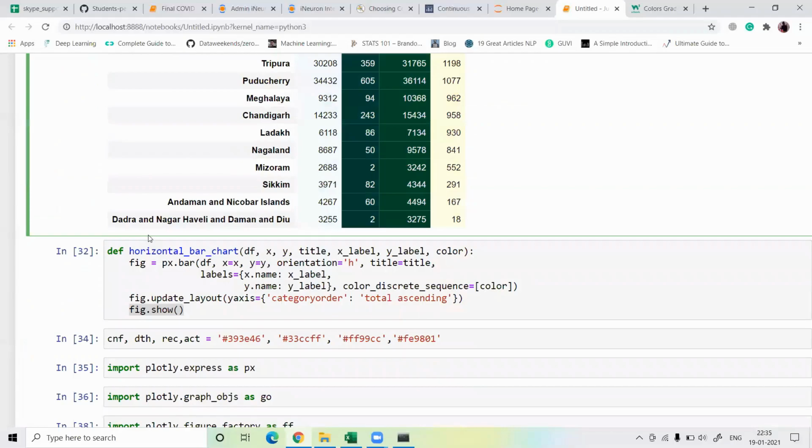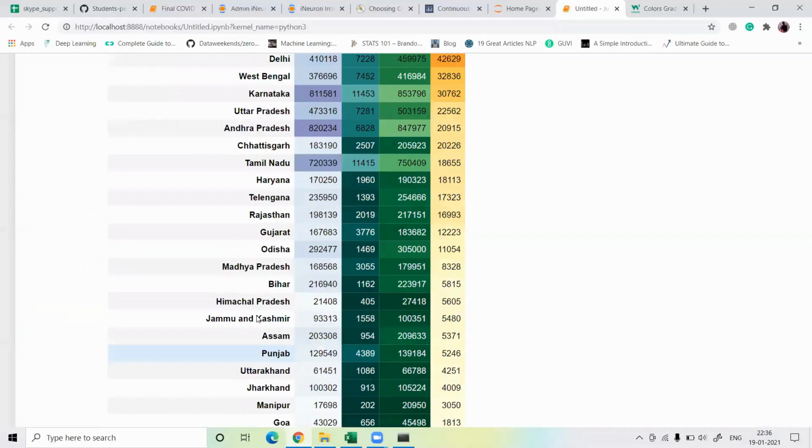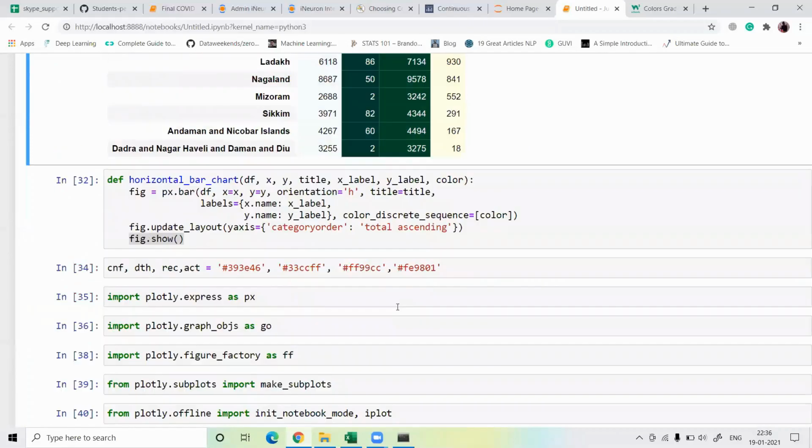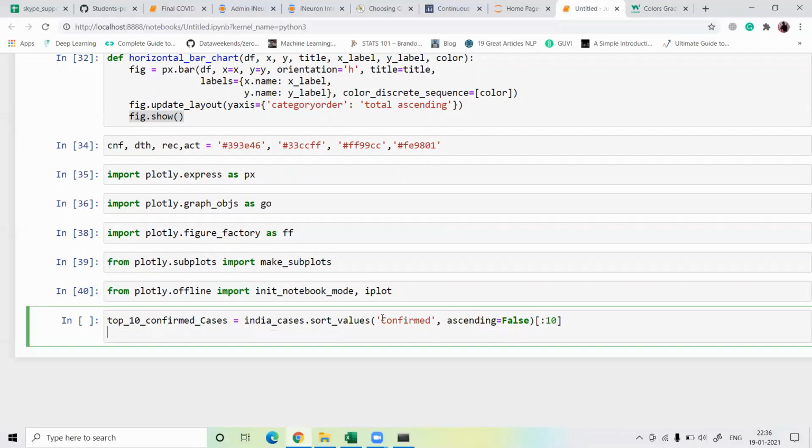So here I define india_case.sort_values, where all the India data are sorted, by confirmed case. Then the order is ascending order, ascending equal to False. And take the top 10 data. So I just take the top 10 data.